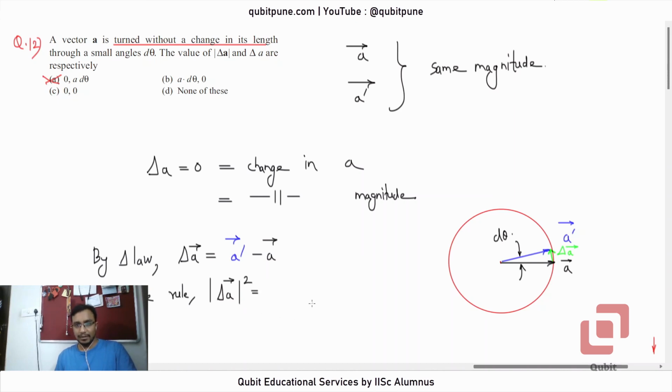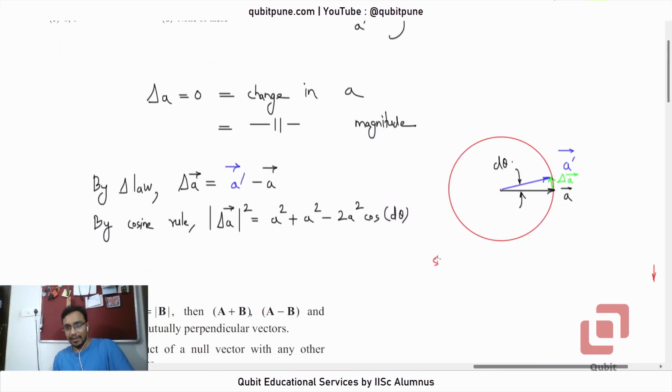how do we find it? A squared plus A squared minus 2A squared cos d theta. Let me just stop here momentarily, not using cosine rule, because they say that the angle is small. If the angle is small, you can still arrive at that result using cosine rule, but if the angle is small,